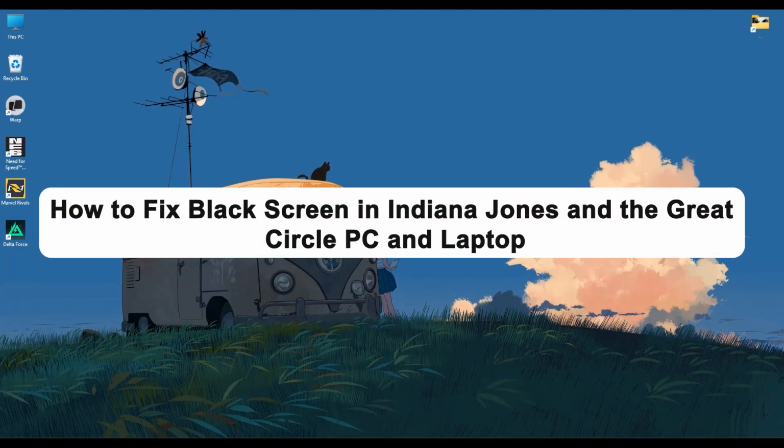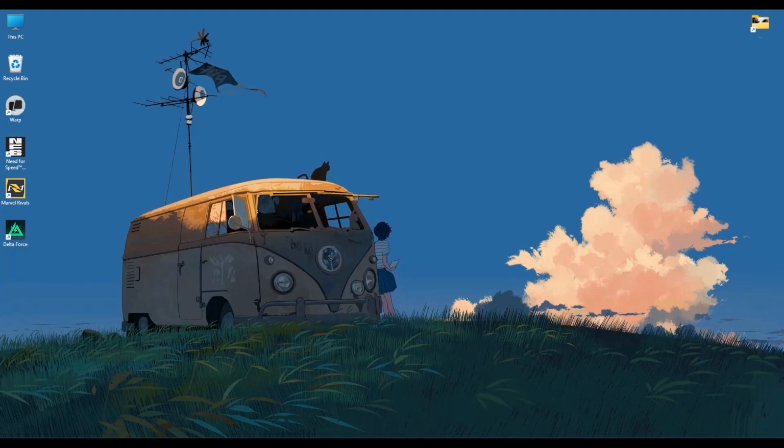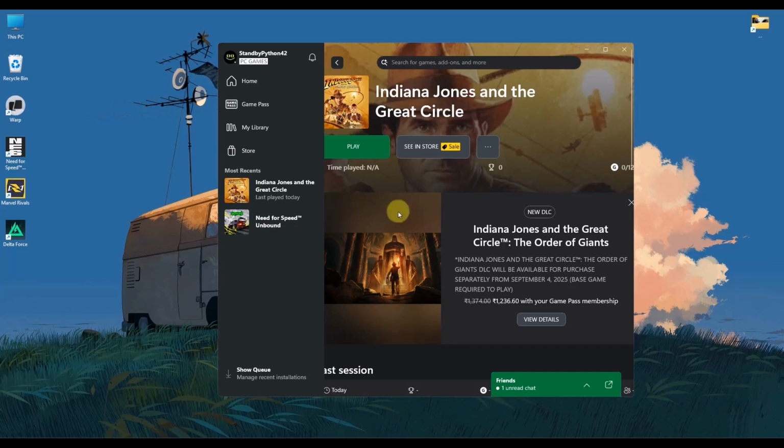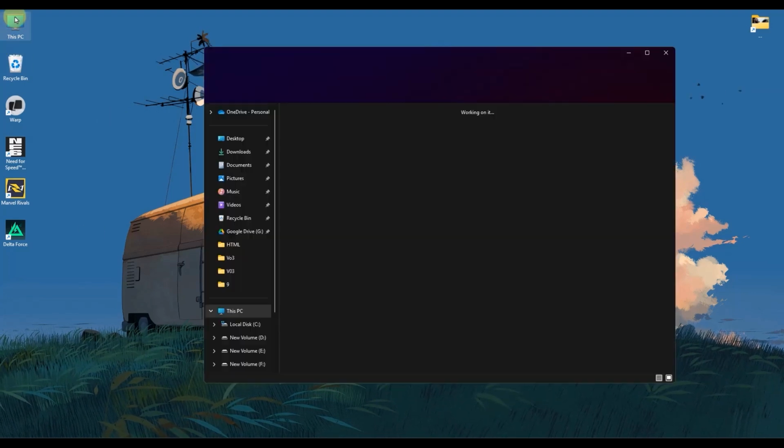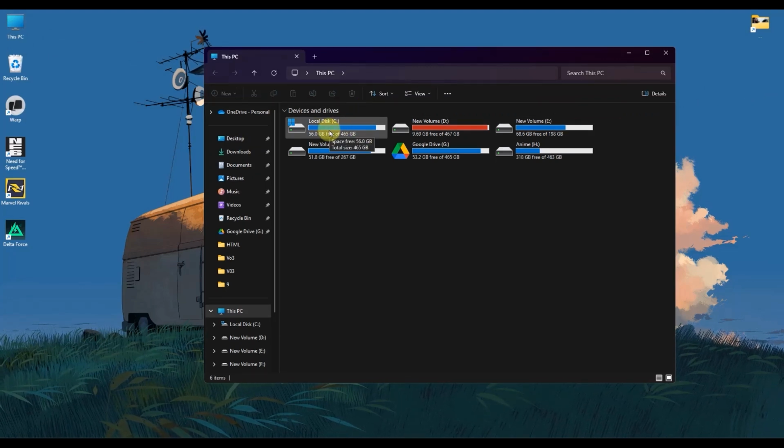In today's video, we will show you how to fix the black screen issue in the Indiana Jones and the Great Circle PC game. It's a very easy process and it will work for both Steam and for Xbox Game Pass as well. So what you do is simply go to your computer, then go to your C drive, then